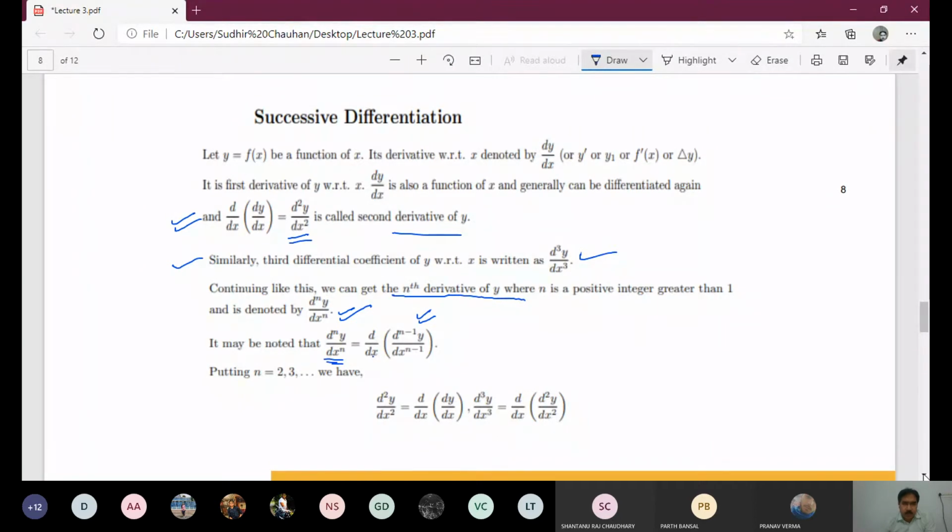So here y is equal to f(x), so we can denote nth derivative as dny over dxn, or we can also write dn of f(x). You can also write yn for nth derivative, or f n x. So these are different notations to express nth derivative of function y is equal to f(x). If we put n is equal to 2, 3 and so on, we get different order derivatives.